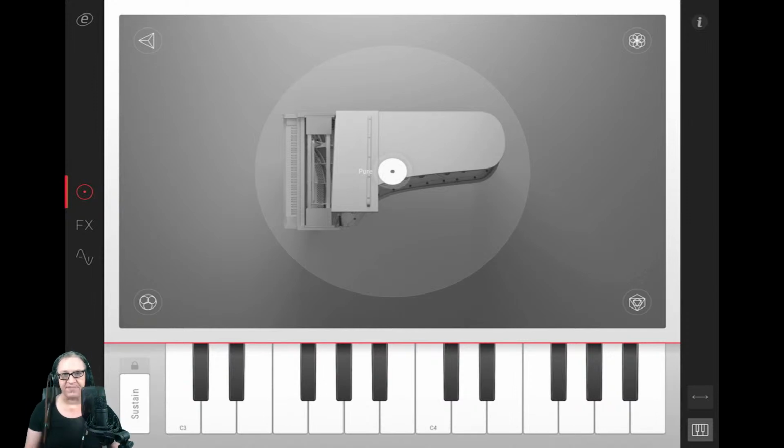Right, so here is the interface, and off the bat, nice and clean, nice and big. You can use this as an AUv3, as inter-app audio, as a standalone, you could even use this as IDAM. And if you don't know what IDAM is, go and search back through my videos and look for the video I did on IDAM,